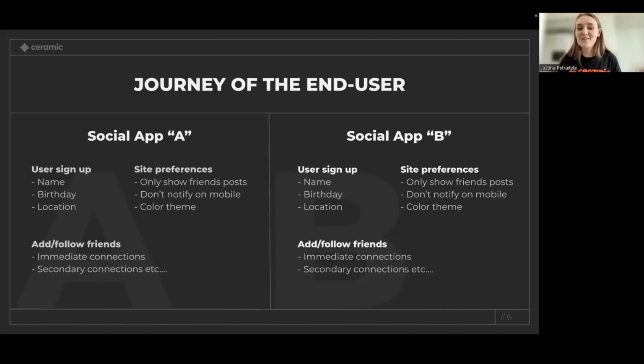So in general, it's not great user experience because they have to repeat the same steps over and over again. And more importantly, they have to build their social graph for every single application, for every single platform from scratch. And also at the end of the day, different companies that own these applications, they also own the data and they store that on different centralized servers somewhere. So there is also this question about who should have the ownership of users' data.